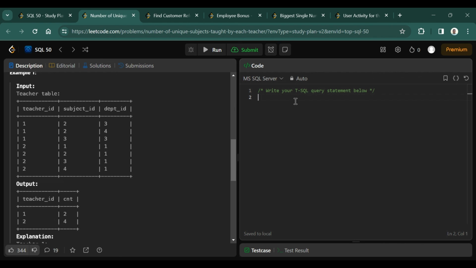Now let us start writing the query for the same. We'll start with a select clause. The first column we require in our output is teacher ID, that is teacher underscore id. Now we'll count the number of distinct subjects taught by each teacher, that is count of distinct subject underscore id, and this column is named as cnt because in our output we want this column name as cnt. And now this is taken from the teacher table,